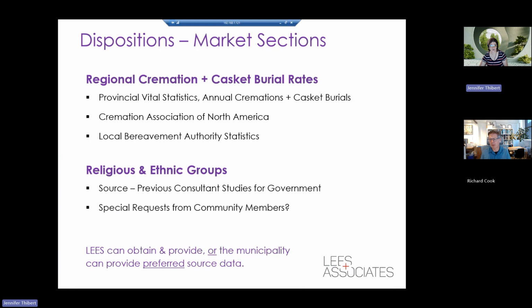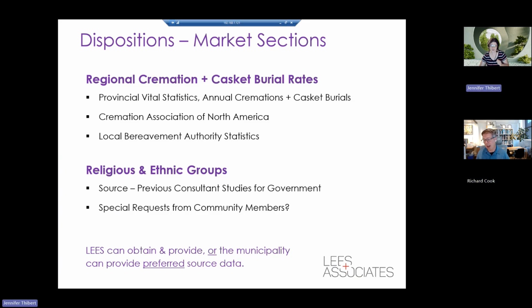So that's exactly correct. I think the point that you make, though, is really important, that we understand what disposition is. And as you pointed out, it's not the same as interment types. Disposition is what happens to the body after death. You can be buried or cremated, but those are the only, or at least primary, forms of what can